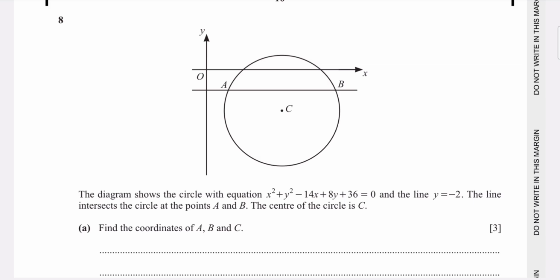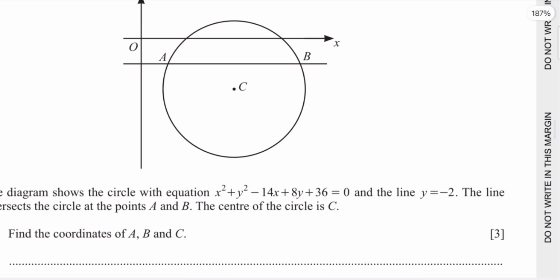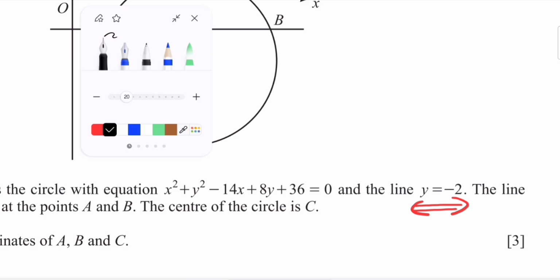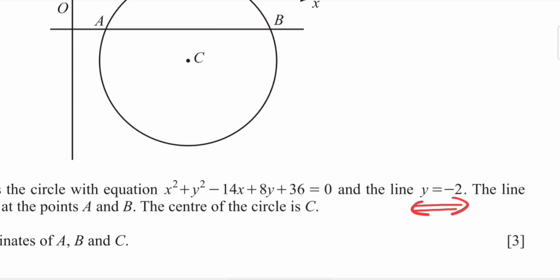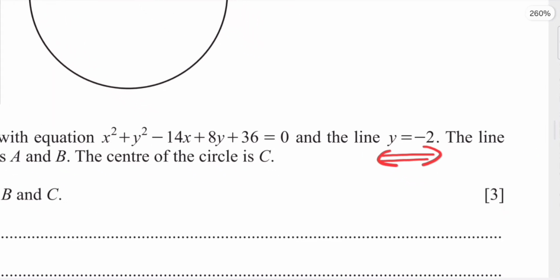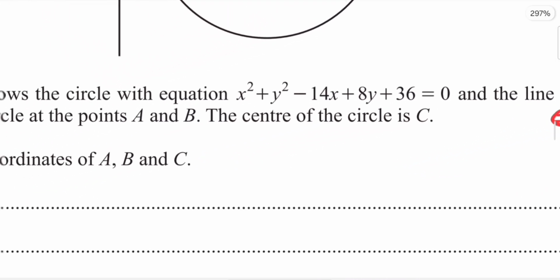Alright. So if A and B share the same y coordinate, we can just plug it into the equation of the circle and get the two x values for each. Alright. So plugging minus 2 for y, we'll get